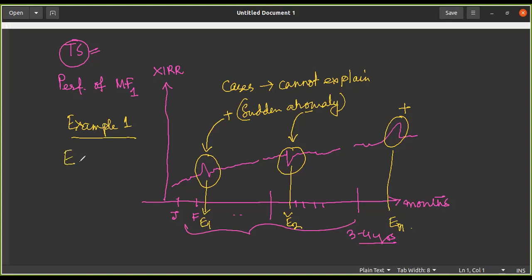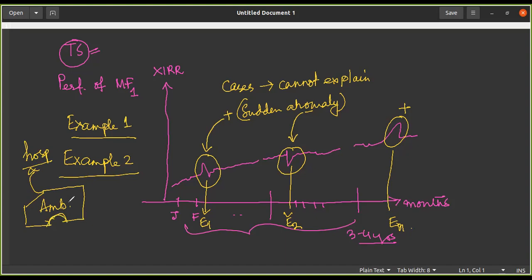Example 2 can be a very, very simple kind of an example. Let's say I am a driver of an ambulance. So this is my ambulance. I'm associated with some hospital. My job is that I get a call, and then there is an automated system. I get a notification on my app, and I go to a certain place, which is the address of the patient. I pick up the patient, I come back to the hospital. This is my day-to-day job.